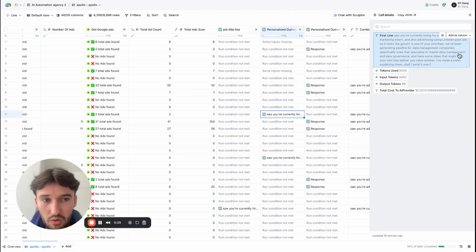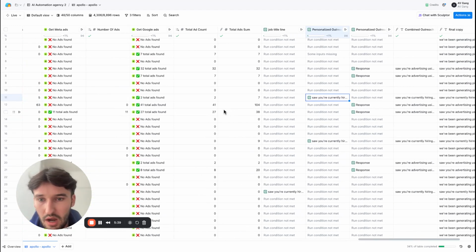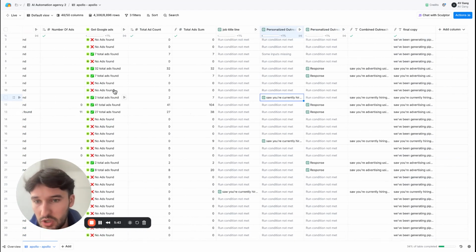So this whole email is just about offering value, and the amount of people who reply to this is going to be way higher than if you're just all take. Can I have 5 minutes of your time? Can I have a 30-minute meeting? You get the point. If we don't have the ads data and the job opening, we just have the ads